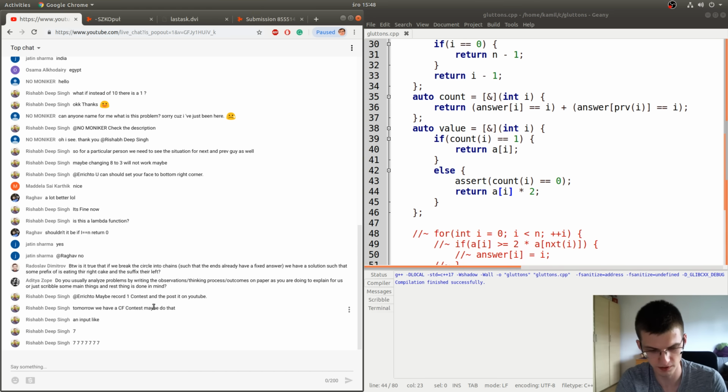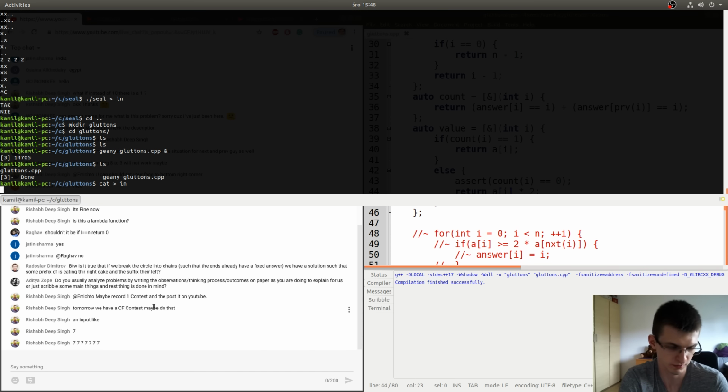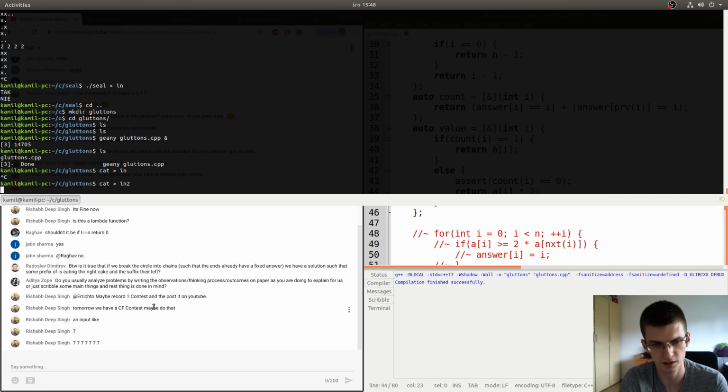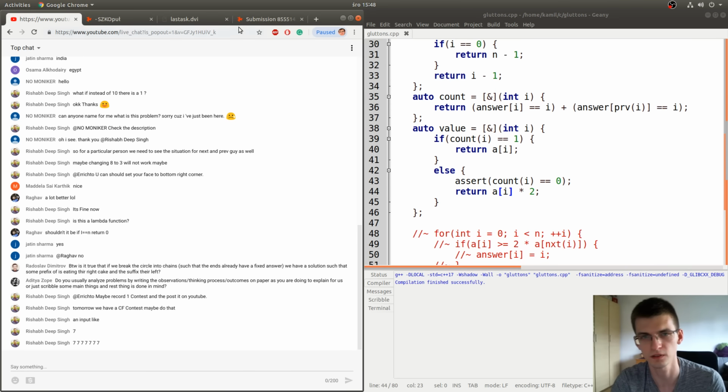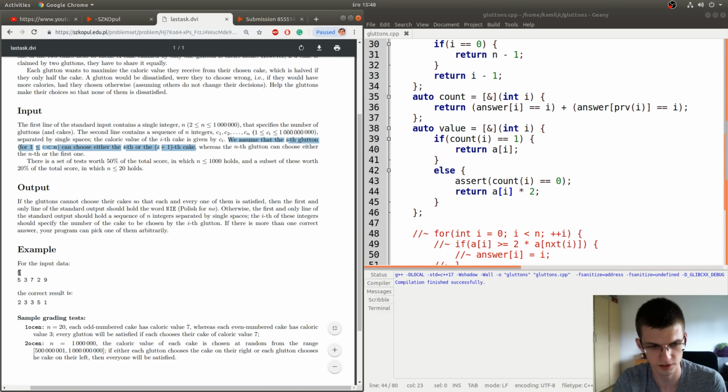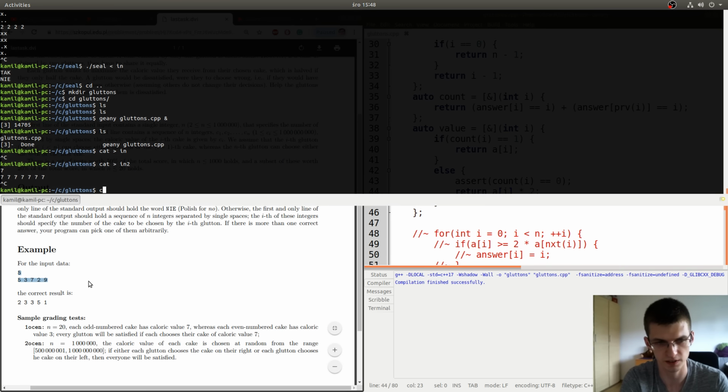Inputs with only 7s, I can, of course, maybe let's call it input 2. I can create that, but I think it's quite easy input to solve. But we can see if the program makes sense.